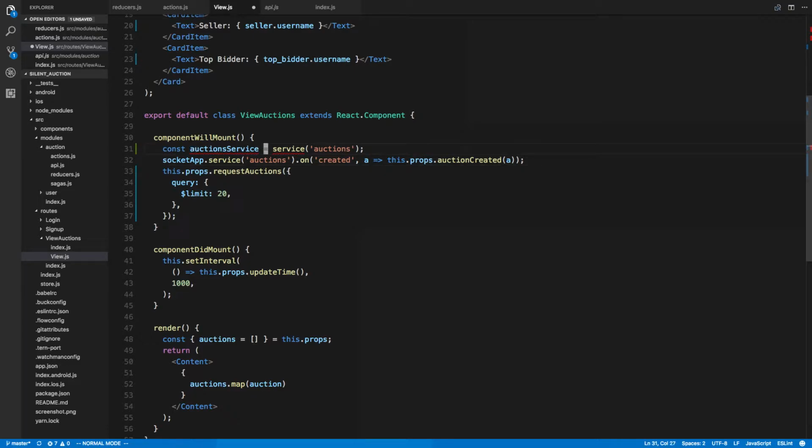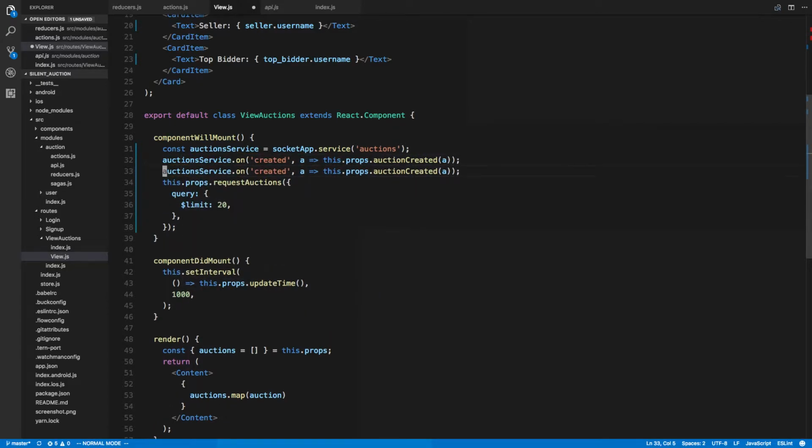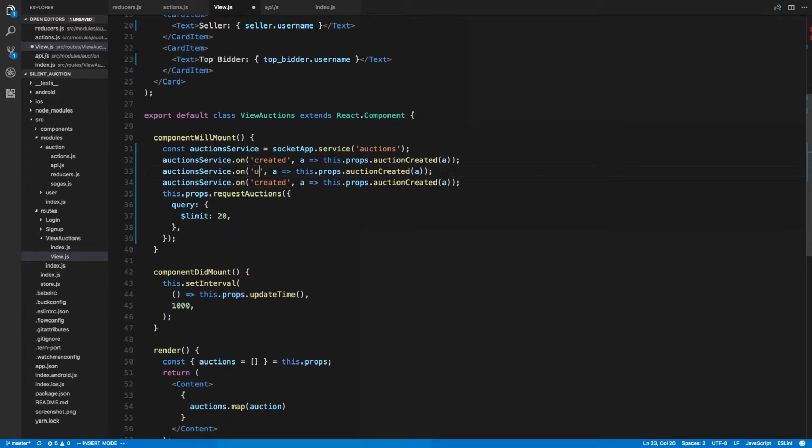And then right here, socket app. Now we can do auction service, and we can do that 3 times. And now this is going to be updated, this is going to be deleted, and now we need to create some new actions. We need to say auction updated, auction deleted. Now if I go into index here,